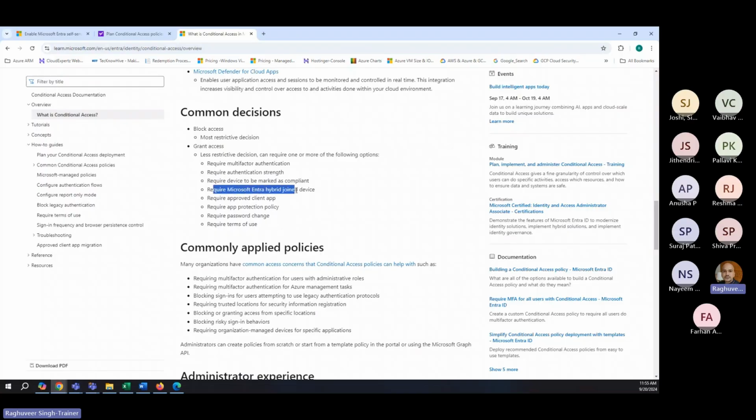Require Microsoft Entra hybrid joined device. Require approved client app. Client app basically means a browser. Require app protection policies. Require password change. I can throw a password change challenge, or I can require terms of use, which is the terms of use that I configured while I was configuring the tenant. There was an option to provide a terms of use URL. So I can put that, okay, before I grant you access, please accept these terms, so that I will have a record, a log of that